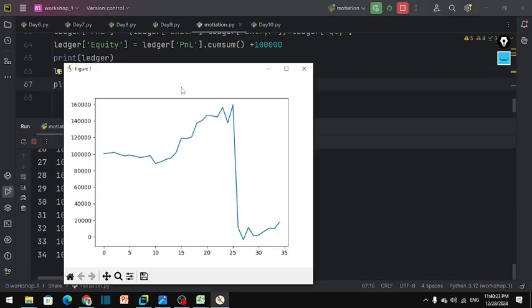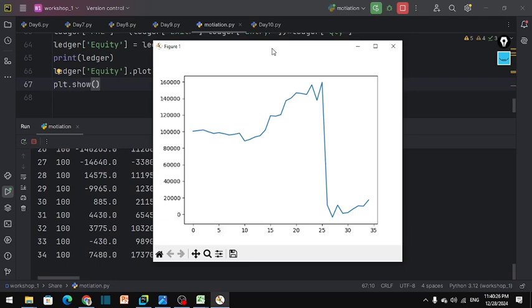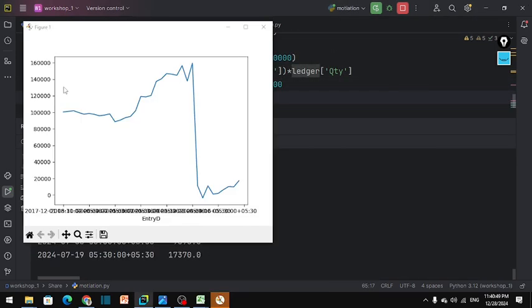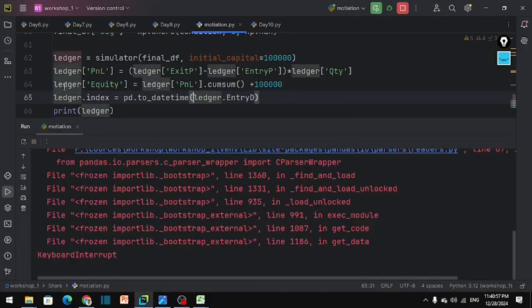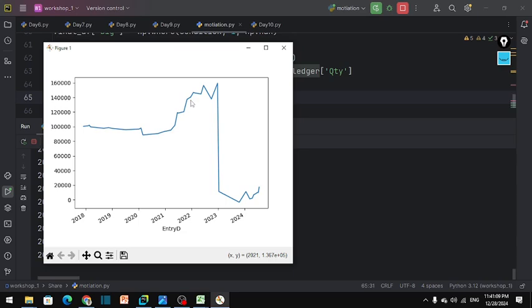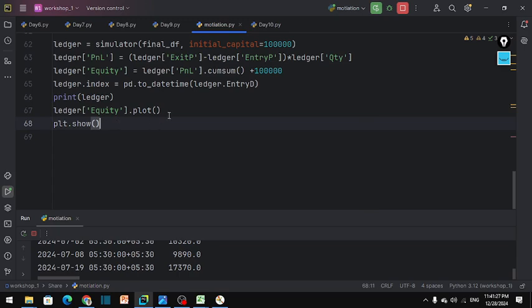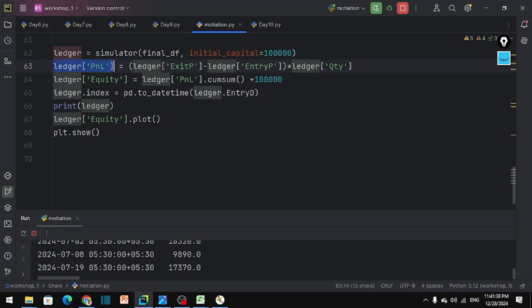Okay, yes, the strategy was not that great. Okay, let me also change the index. Yes, the strategy is not performing great. It is a loss making strategy. What is this? This is nothing but the equity curve. So now let us create a statistic which will show us a win rate and profit factor. For that purpose, what I am going to do is,